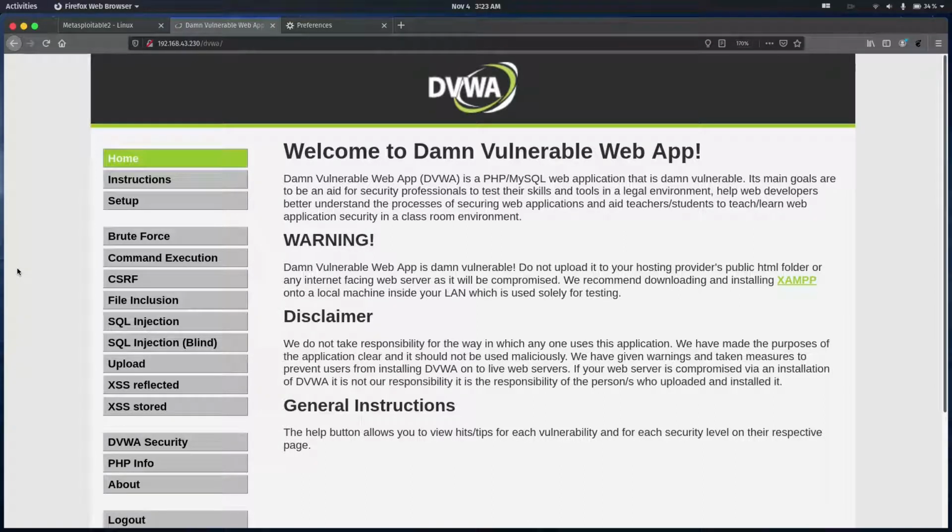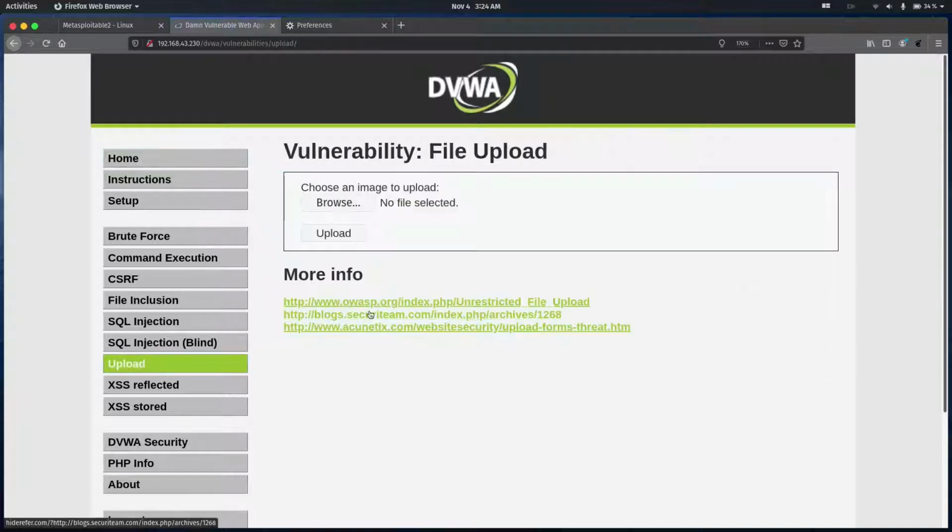So now that we have learned about Burp Suite and how to use it to act as a web proxy server to intercept HTTP GET and POST requests, now let's see how we can make use of Burp Suite to actually exploit a file upload vulnerability at a higher level of security than the low security level that we have dealt with in the previous lectures. So I'm going to go to the file upload vulnerability section of our Damn Vulnerable Web App,